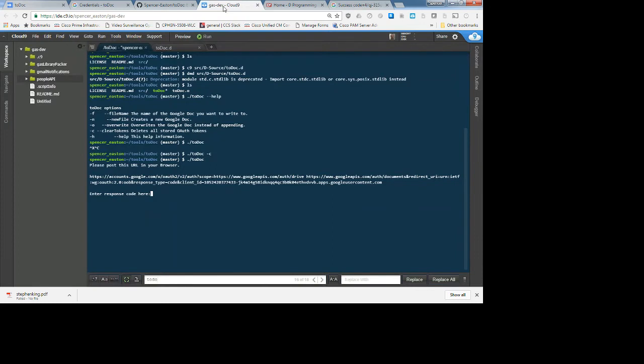You're going to copy this and go back to your console. Console could be anywhere, so that's why we're doing it this way. Or you can write it down on paper and move it over. Who knows? And then you either type in or paste in that code that you got back from the OAuth flow in the browser. So I just pasted it in there with a Control V, hit enter,